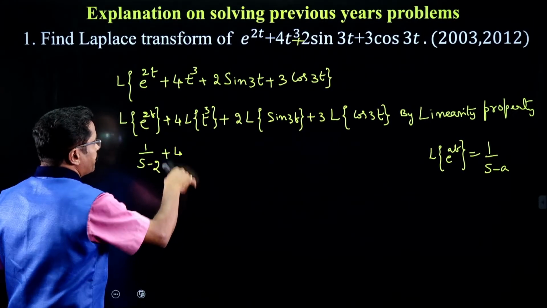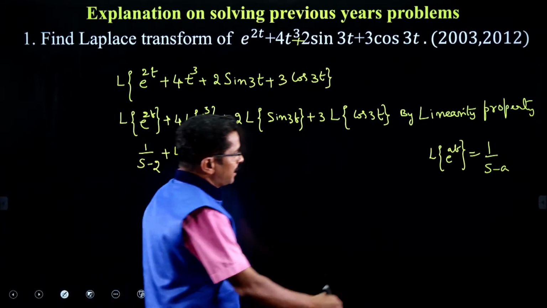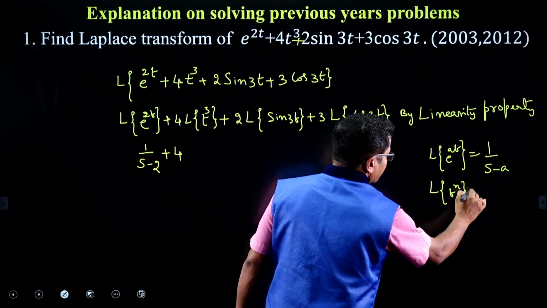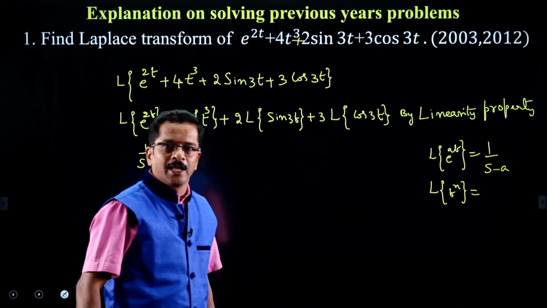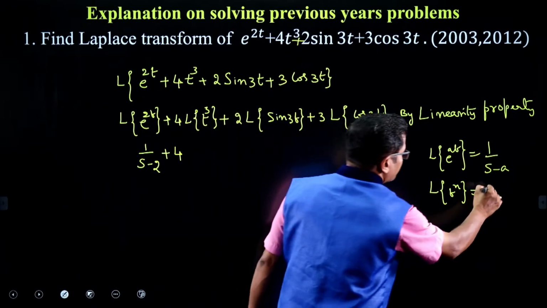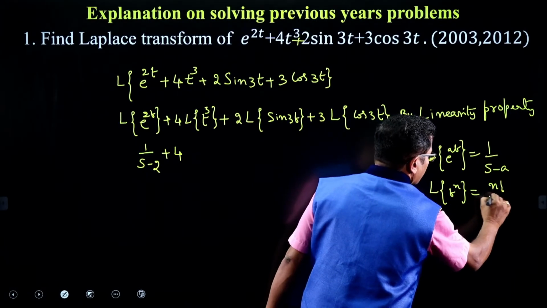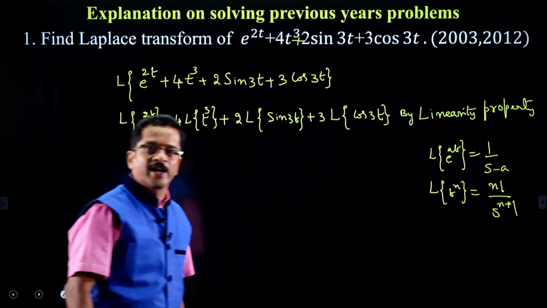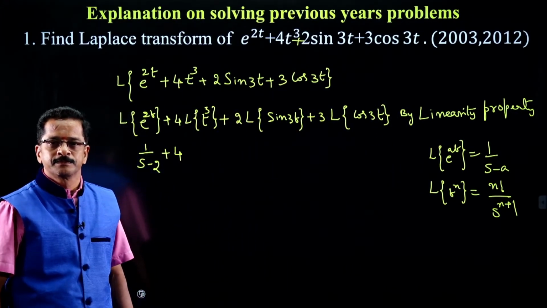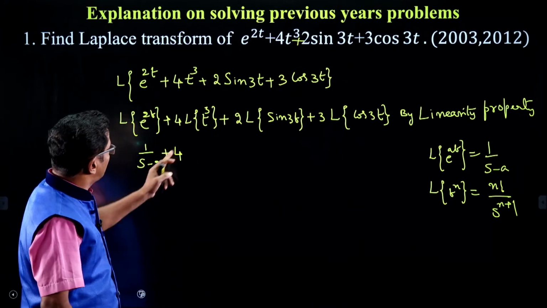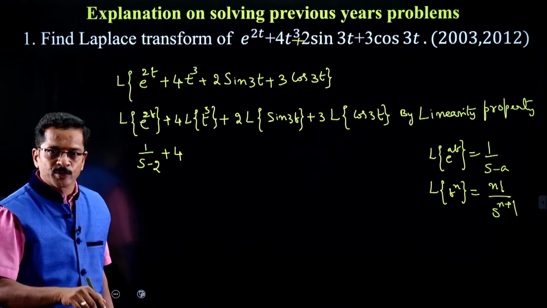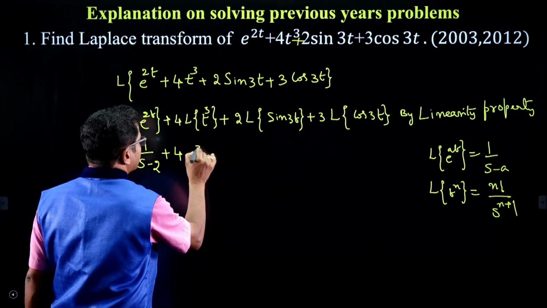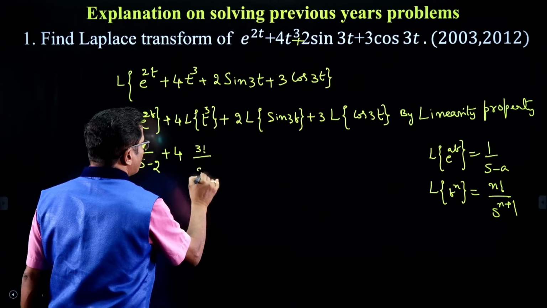plus 4 into L of t cube. I listed one Laplace transform of standard function, that is L of t power n. L of t power n is n factorial by s power n plus 1. So in that sense, L of t cube means 3 factorial by s power 3 plus 1, that is s power 4,